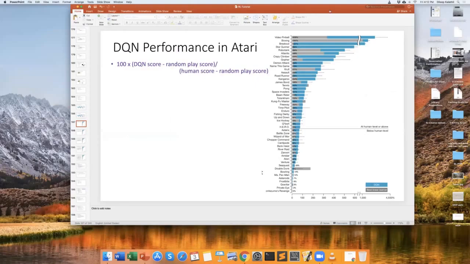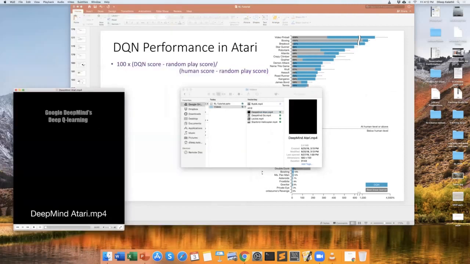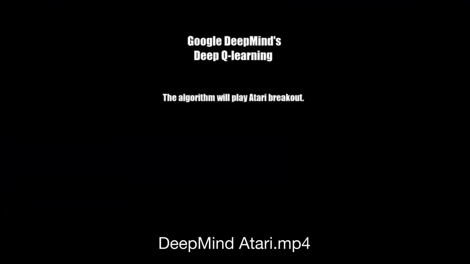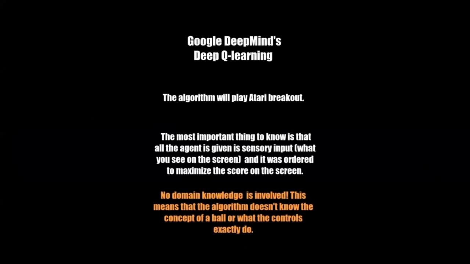Let me pause and then show you a video of how that works. So this is the algorithm from DeepMind, and you're seeing how that worked for a Breakout game. Let me emphasize that the agent, given the reinforcement learning algorithm, has only one piece of information: the state, the image, the screen. The reinforcement learning algorithm in the beginning doesn't know what an Atari game is, doesn't know how to play the game. So there is no domain knowledge. You are starting from scratch, and your goal is to train a reinforcement learning algorithm to play this game